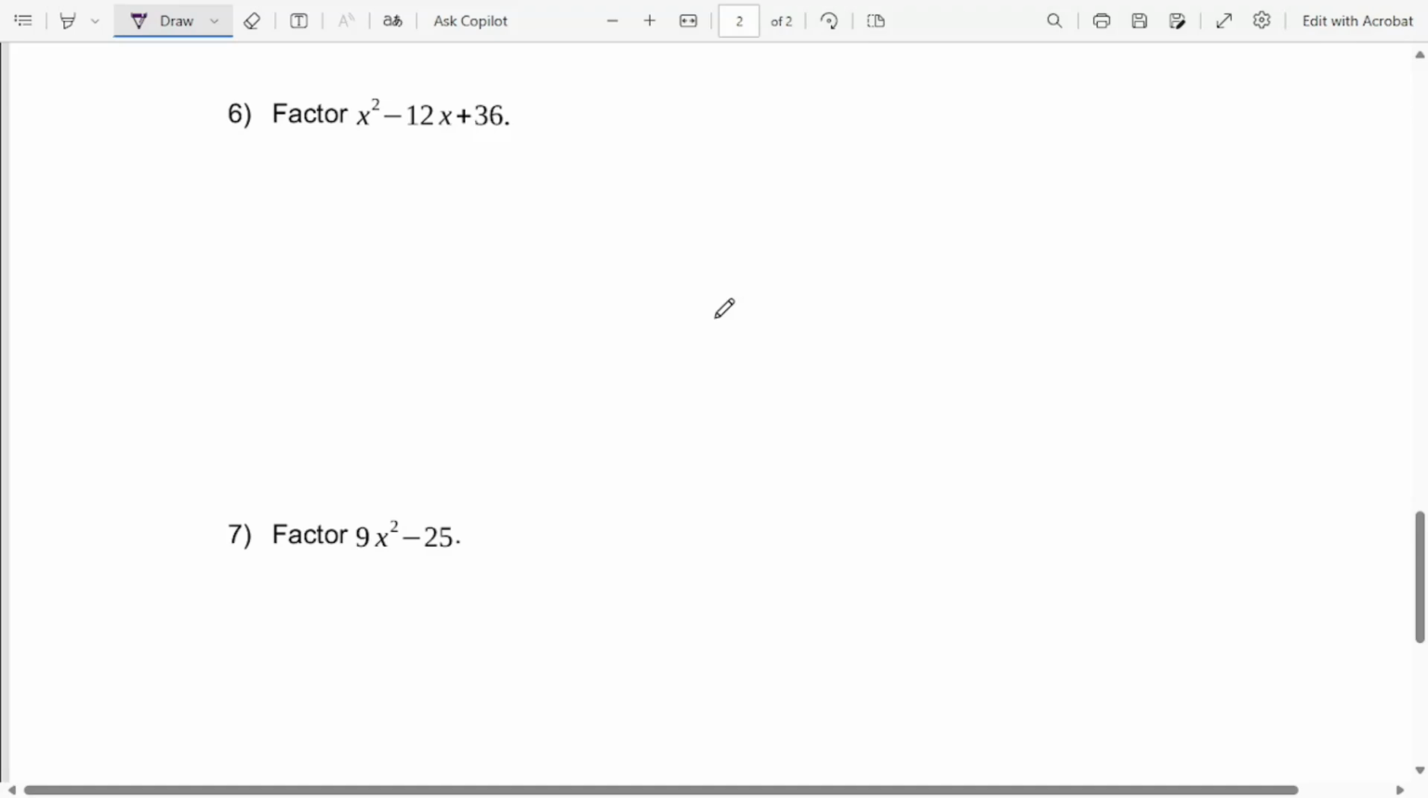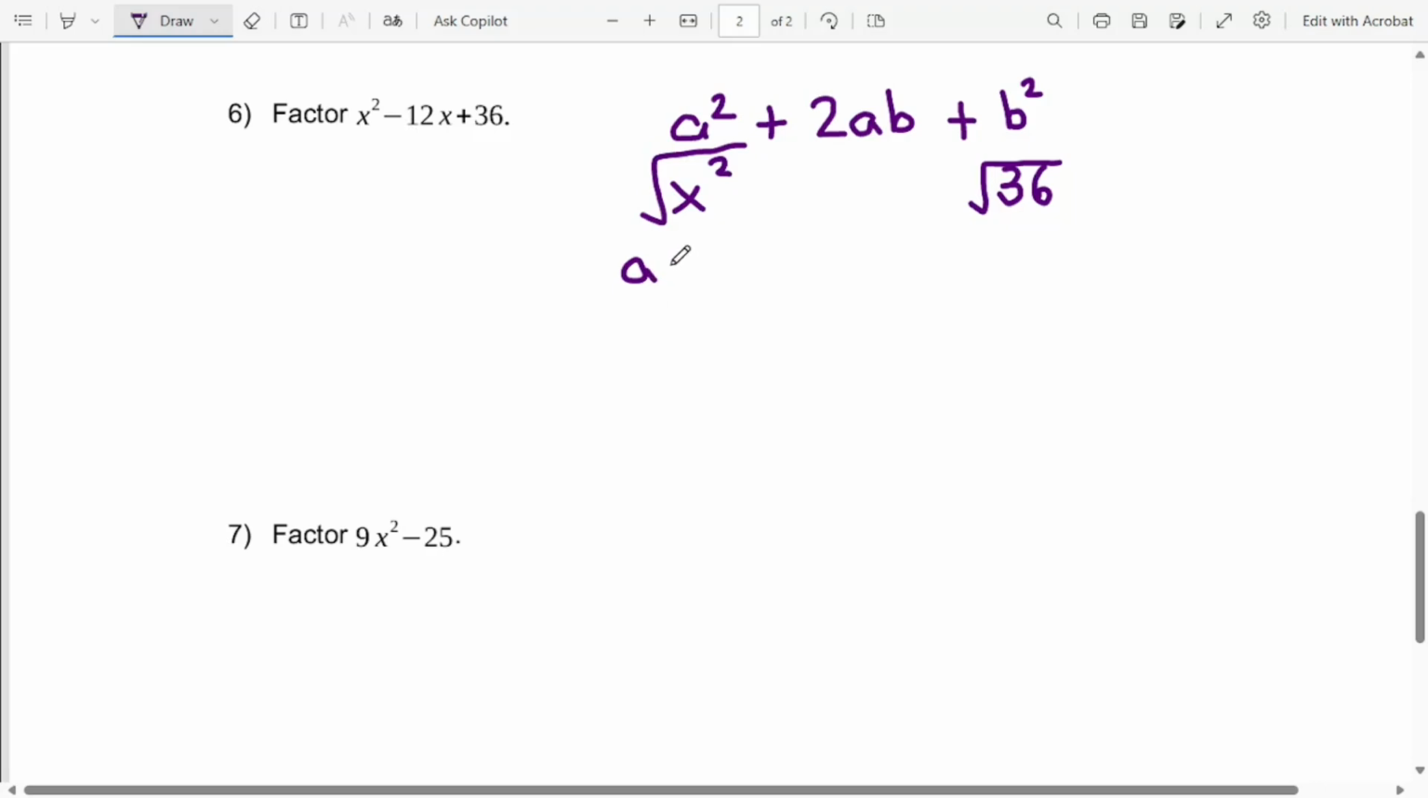So number 6. We're going to factor x squared minus 12x plus 36. Now, this is a perfect square trinomial. The way I know that is, a perfect square trinomial has the form a squared plus 2ab plus b squared. So in this case, a squared is x squared, b squared is 36. So if I take the square root of 36 and the square root of x squared, I get a is x,